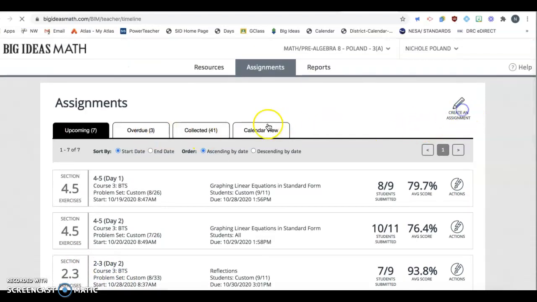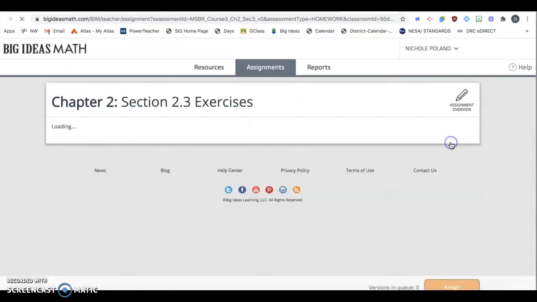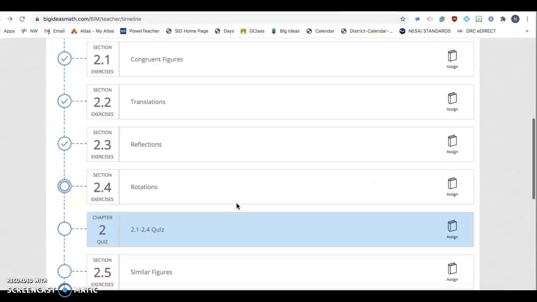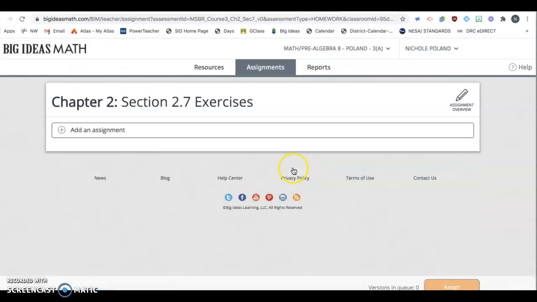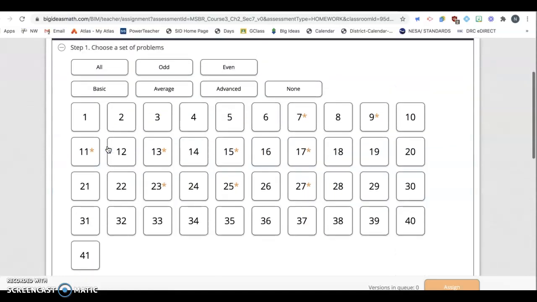So I just go into create an assignment. And then I pick whatever lesson we're doing, so I'll just randomly click one. Oh, I already did this one. Let me pick one that I haven't done yet. 2. There we go. So I go ahead and add an assignment, choose a set of problems, and then, like I said,